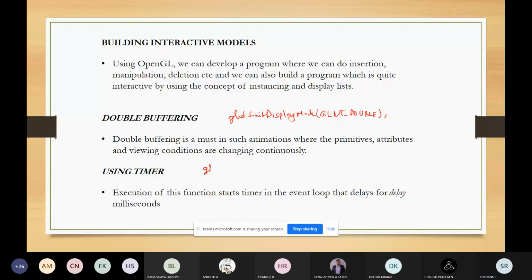This timer function is given by glutTimerFunc, which takes the delay parameter, the timer function, and an integer value.